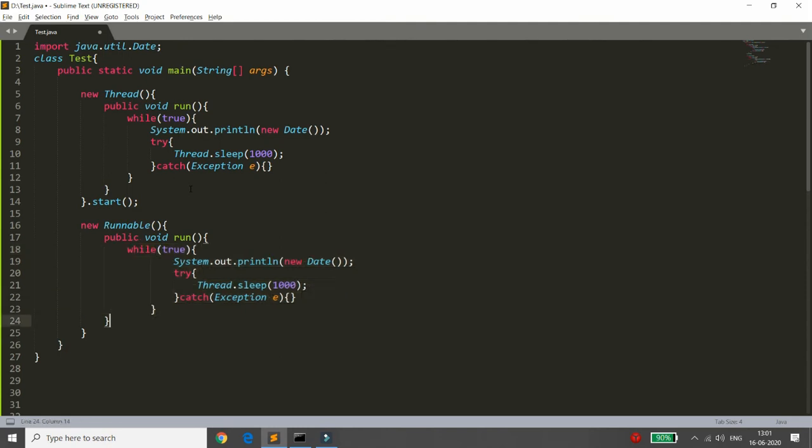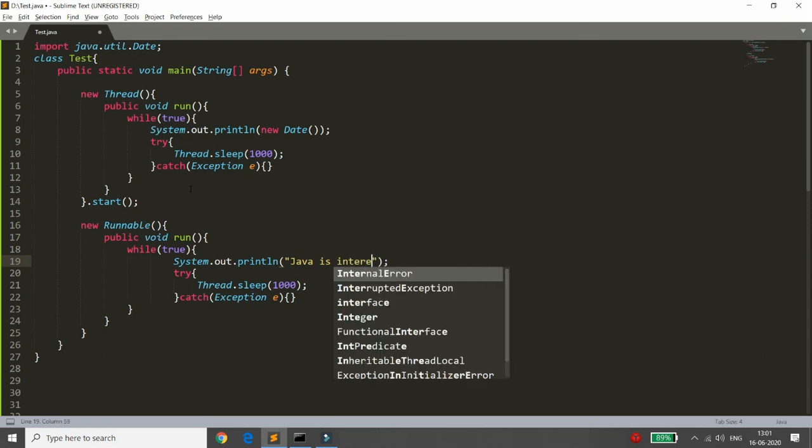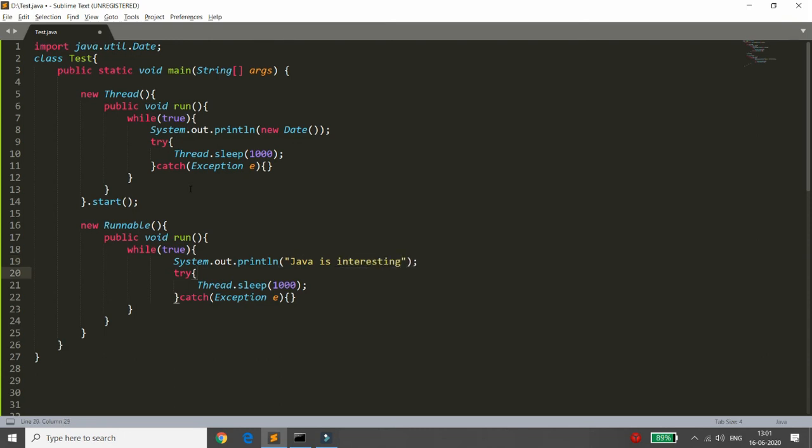So you can just write this message inside your run method, and instead of new Date, you can simply write the message over here, Java is interesting, right? I want that message 2 times in 1 second. Now you created an instance of this anonymous, right? That is Runnable.